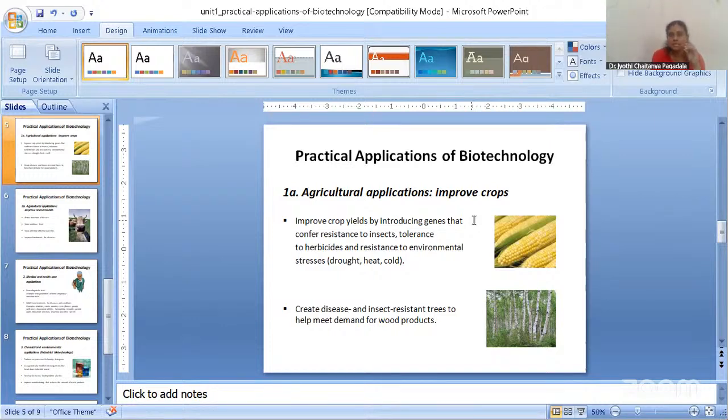A maize with improved feed value, a delayed ripening papaya, a ring spot virus resistant papaya,